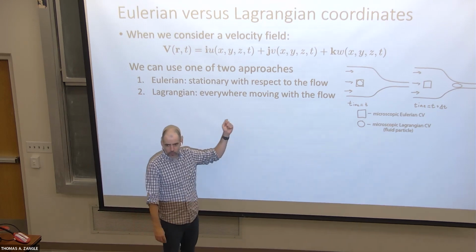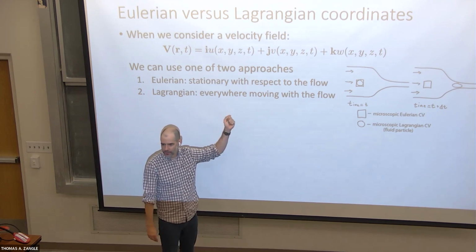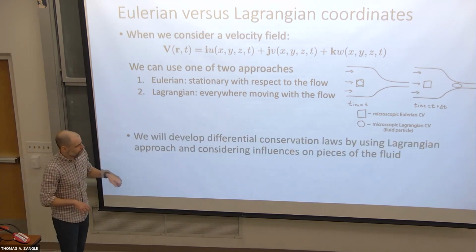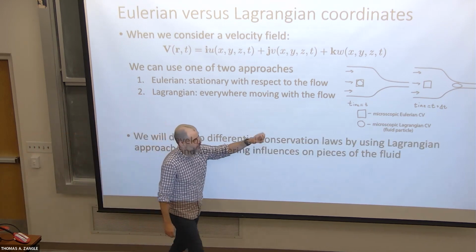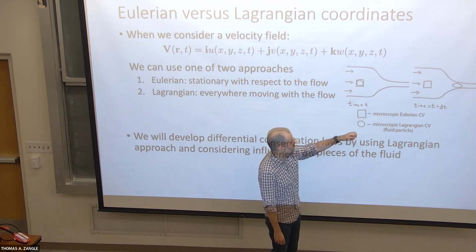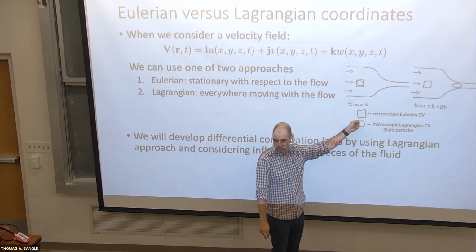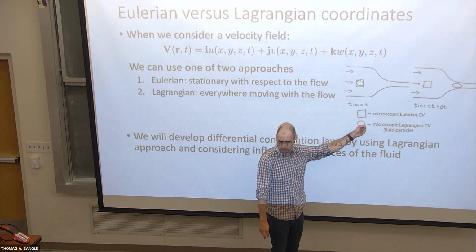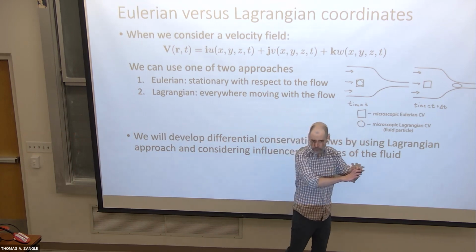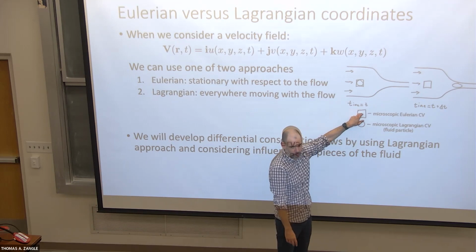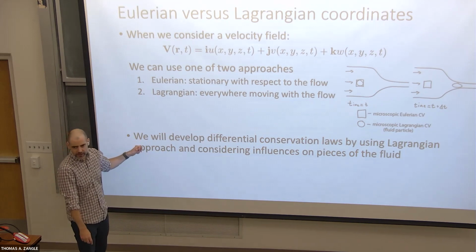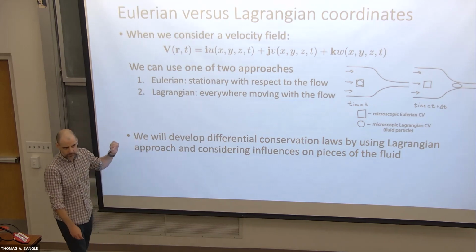This is kind of an unnatural way to think about it in terms of everyday experience. But what we'll see is that when we're trying to develop conservation laws, this Lagrangian perspective makes it a lot easier to develop those laws. For example, when accounting for momentum within a fluid, if we use a Lagrangian control volume, it's a lot easier to account for all the forces on a little fluid particle as it's moving through the system than it is in an Eulerian system. So this little bit of weirdness will make our lives easier on the math side later on.